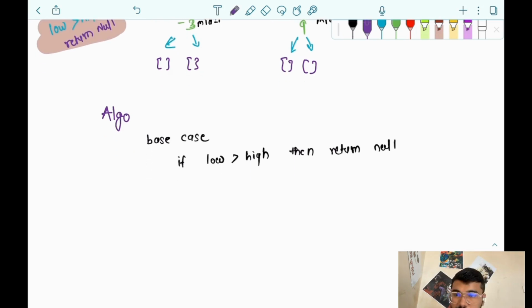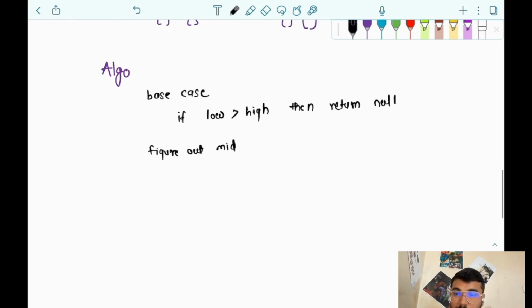Again, if the base case is not satisfied, then we have to figure out the mid, then create a node for the mid value, or I would say the value on the mid index,